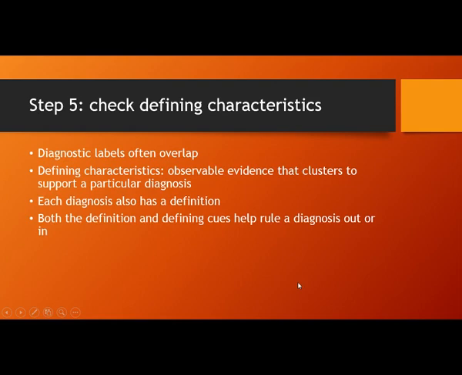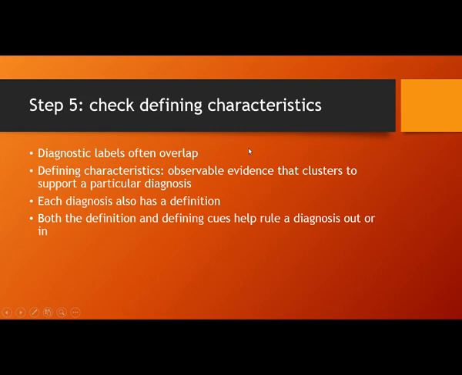Step 5, check the defining characteristics of the diagnoses, because their diagnostic labels will often overlap. Like I said, alteration in role function, maybe alteration in self-concept. There might be some overlap there, or alteration in body image and alteration in self-concept. So